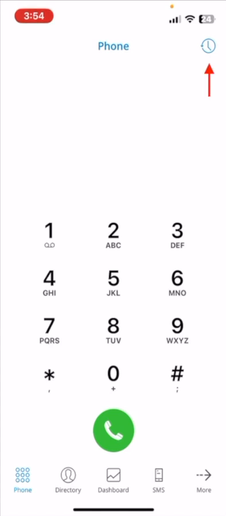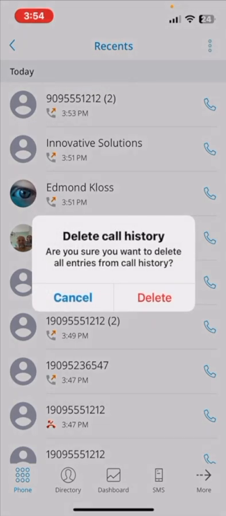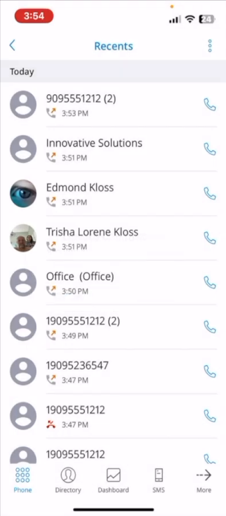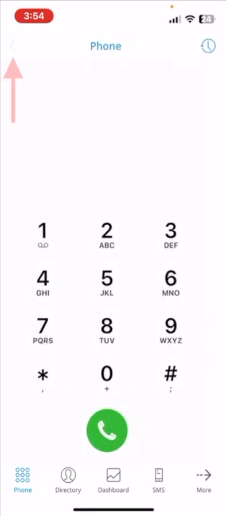Now, in the top right-hand corner, you're going to see your most recent phone calls. So if you push on that button, it's going to show you all your most recent phone calls. Now, if you want to delete this list, you're going to click on the three dots at the top right, and you're simply going to click on Clear All. It's going to ask you if you want to delete them. You're going to click on Delete, and it's going to delete all your recents. We're going to go ahead and push on the back button in the top left now, and go back to